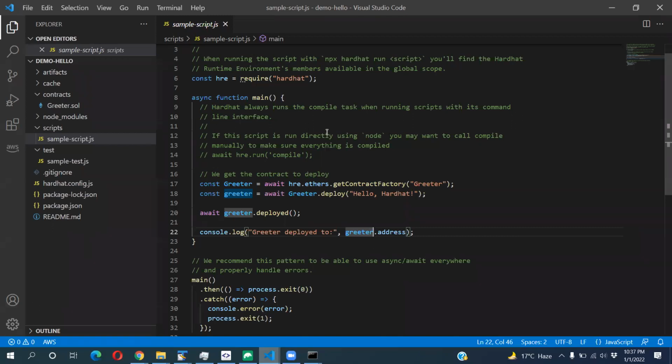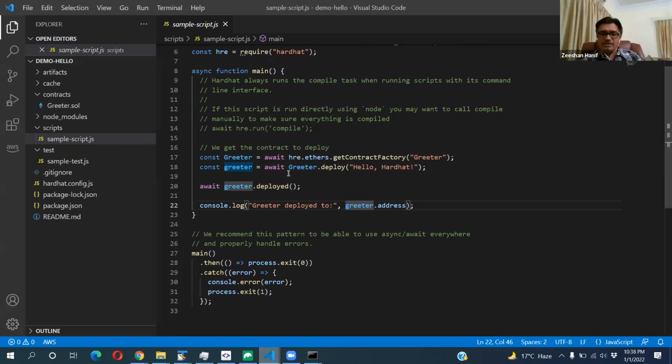What's the difference between greeter.deploy and greeter.deployed? Basically, when you call greeter.deploy, it tries to deploy on the blockchain. Once it goes to deployment, it is a transaction, and this transaction will take time.